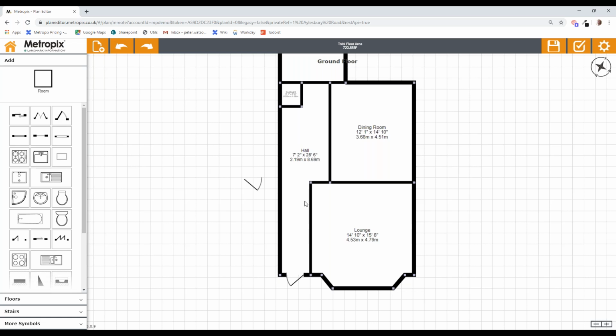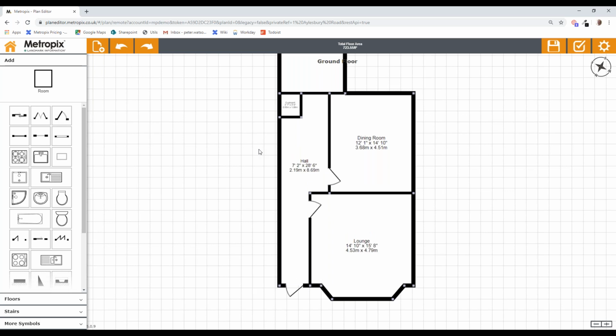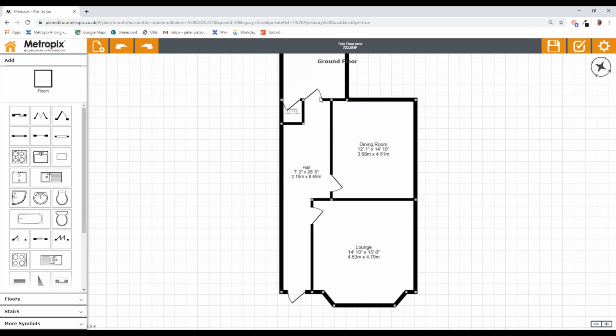In my haste and trying to be clever, I've gone too fast. So just make sure it snaps the wall before you release the mouse. So we can pop a couple more doors on there as well. And we'll just put a back door on at the rear door, and we can put some windows on the